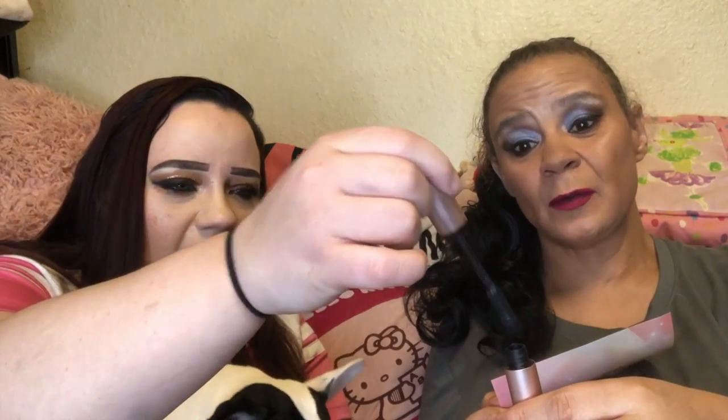This is why I was excited about this box. Ooh. Something's wrong with our wand. Wait a minute. Do you see that? Ooh, we got an oopsie. The inner part is actually missing, and this feels empty. It's dried on the brush, and there's nothing in there. We got a bad one. Okay, so, I mean, this would have made the box for me, but...